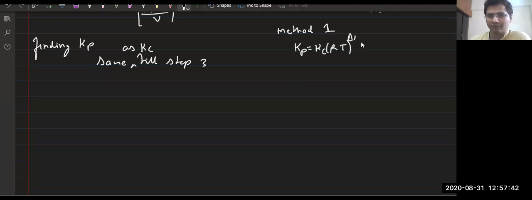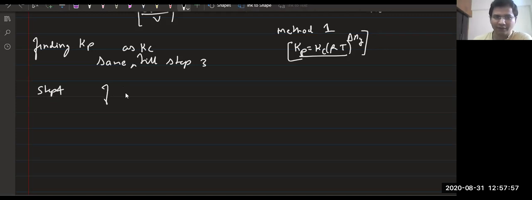Yes, Siddharth, you can find it like this, but there's another method also. Sometimes you cannot find it that way. Method 1: just use this formula, Kp is equal to Kc (RT) to the power delta Ng. This you can also use, but if temperature is not given, you cannot use it. So sometimes you just have to calculate like this. Step 4,